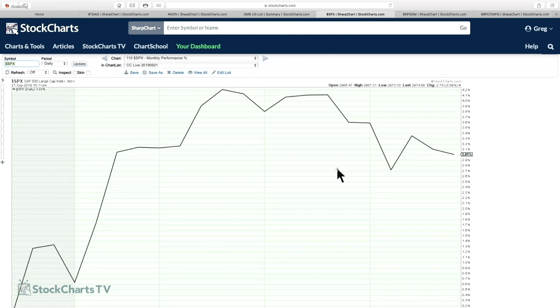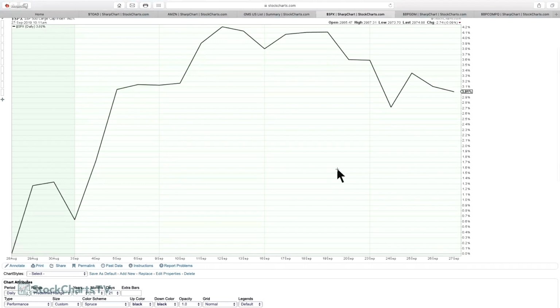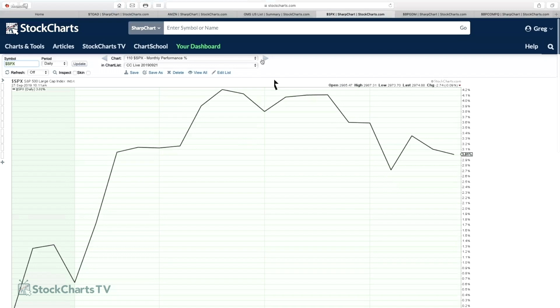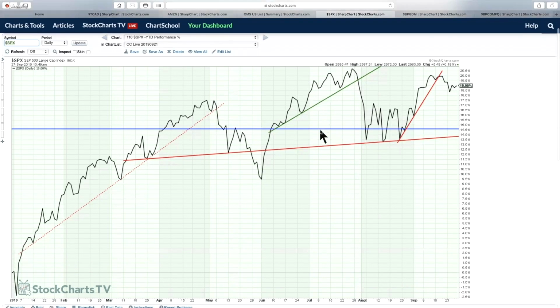So this is just the 1 month to date, and we're at 3%. I think that still would be a good month. So you'd be up 36% on the year or whatever.